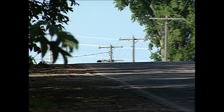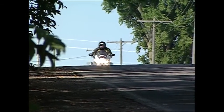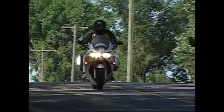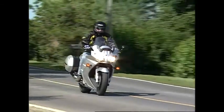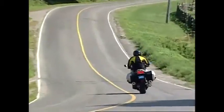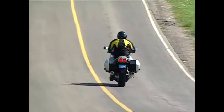Time now to check out a sport touring machine that's been a long time coming, the Yamaha FJR 1300. I say a long time coming because the last sport touring machine from the engineers at Yamaha, the FJ 1200, was last seen rolling out of dealerships back in 1993. At the heart of this puppy is an all-new